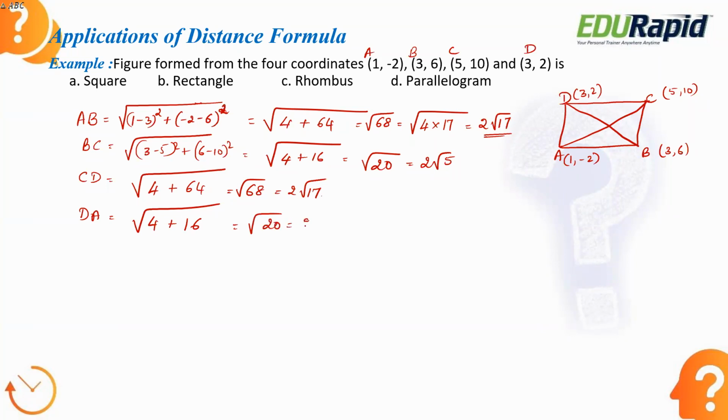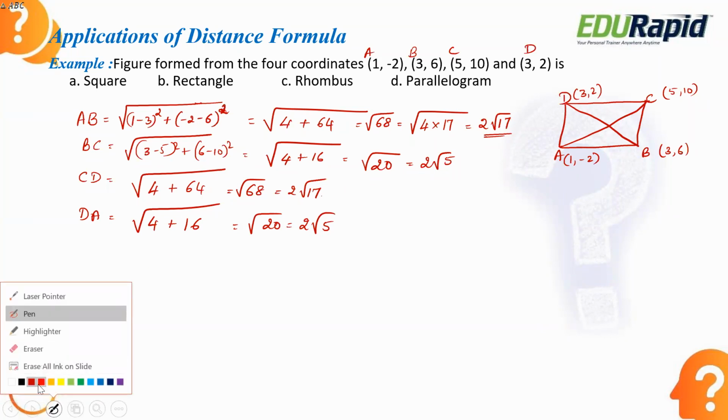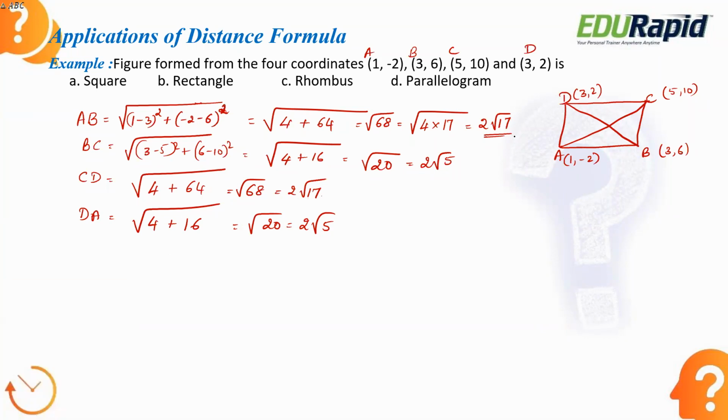I hope you have already solved it. So, what do I see here? I see that two sides, opposite sides, are equal, isn't it? See here, opposite sides are equal. Now, what should I do? I know opposite sides are equal in a rectangle as well as a parallelogram. I have both the options given here. It's not a square nor a rhombus. So it is B, a rectangle.